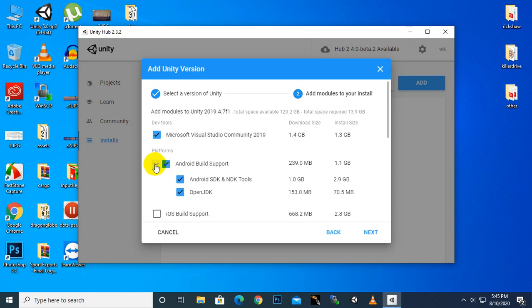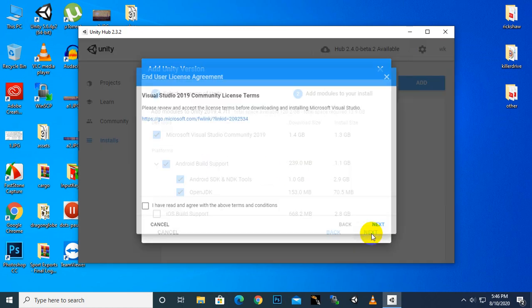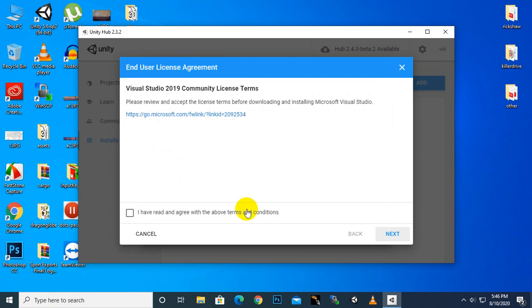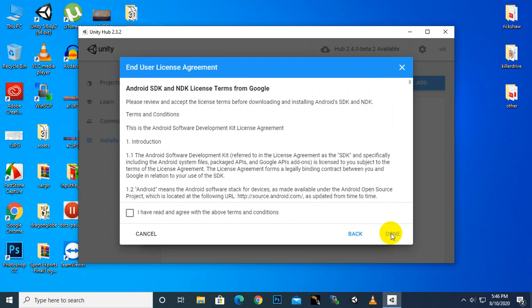Also select the Android SDK and NDK tools and OpenJDK. Okay, it's a must, so please select these two as well. And then we need Microsoft Visual Studio Community as well, because the newer versions no longer support the MonoDevelop editor. So after this we will click on Next and it will start installing our product, and that's it for